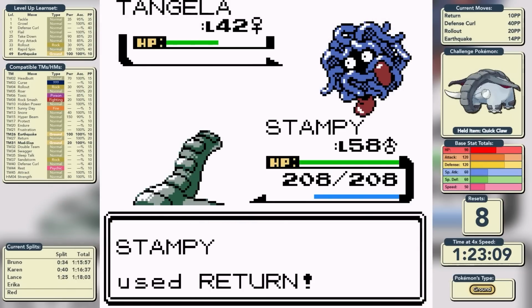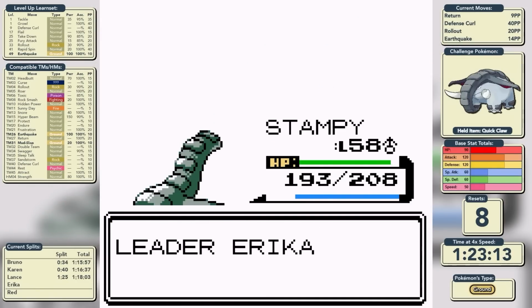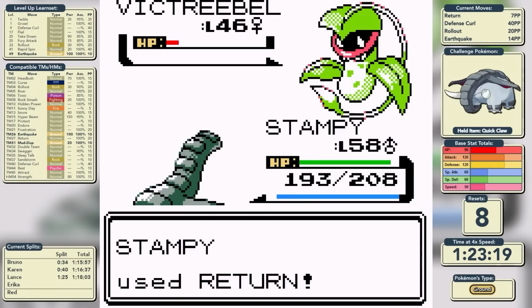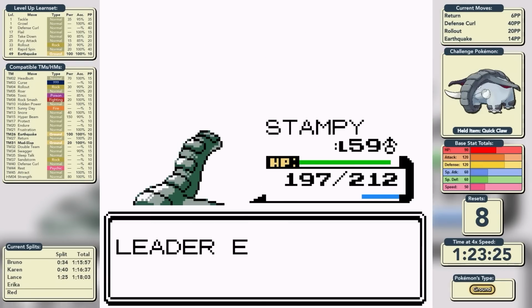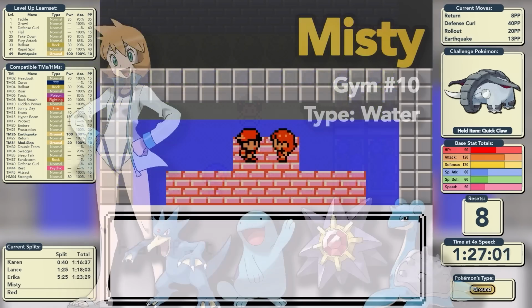This is Erica. She is a grass type specialist, but for some reason she didn't use a grass move there. Tangela used Bind, and that was really fortuitous for us because that means we're still well in the green as we are onto her Victreebel. We knock it out in one shot and she's only got 1 Pokemon left. Bellossom's not going to put up any fight whatsoever. We critical hit it, and we get the Rainbow Badge in a time of 1 hour, 23 minutes and 29